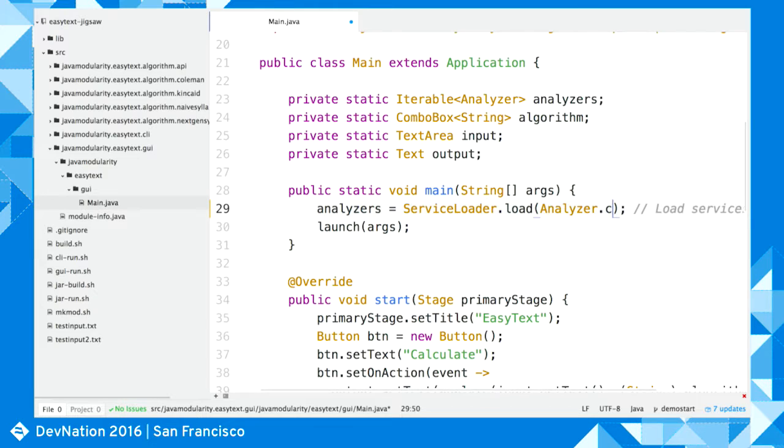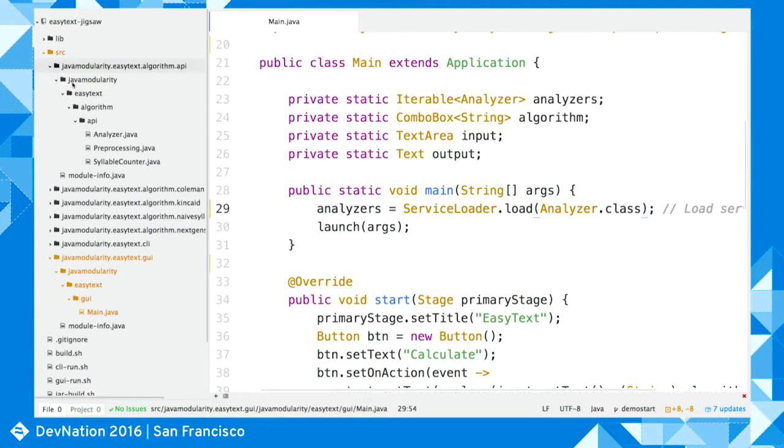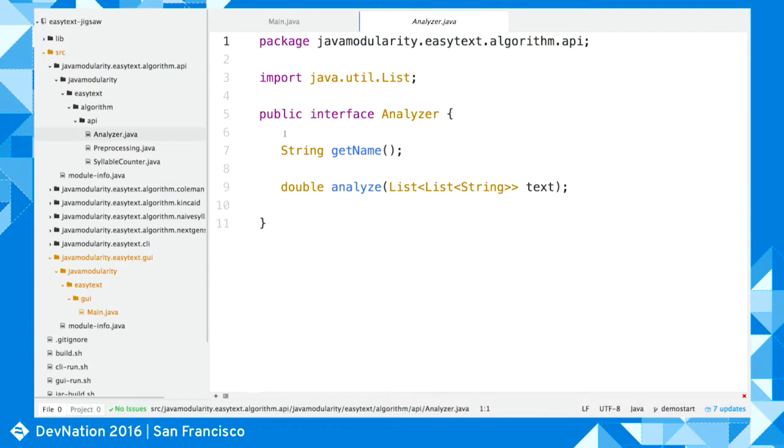And we can load any implementations of the analyzer class, and those will be used in the GUI to show a choice of analysis algorithms. So just to make it perfectly clear, it's a normal Java interface containing a getName to get a description of the name of the algorithm, and it must have an implementation for the analyze method.